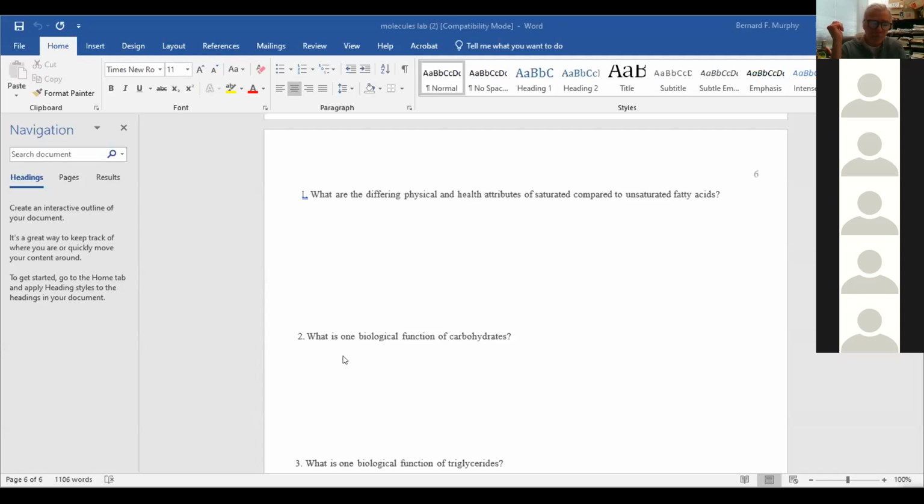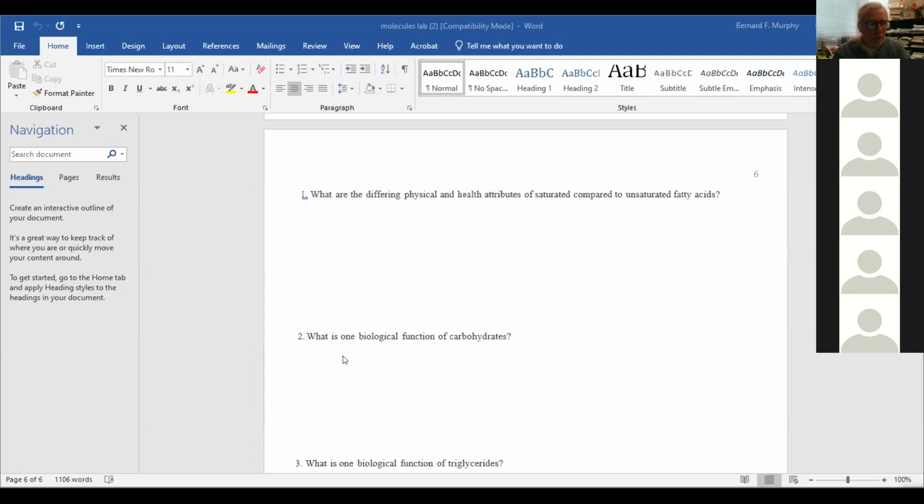Even monosaccharides are called carbs, but they're simple carbs versus complex carbs. And a lot of doctors and nutritionists now think what's even worse than lots of saturated fat is lots of